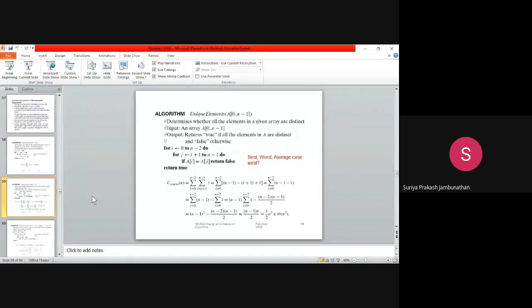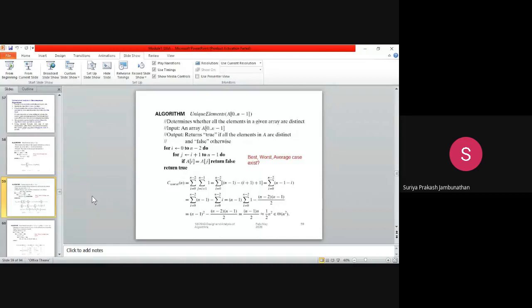A of 0, please note down, so that you can repeat the answer. A of 0 is 5. A of 1 is 10. A of 2 is 15. A of 3 is 20. A of 4 is 15 again. We have to identify that A of 2 is also 15 and A of 4 is also 15. That identification you have to do. That is the work of this particular algorithm.